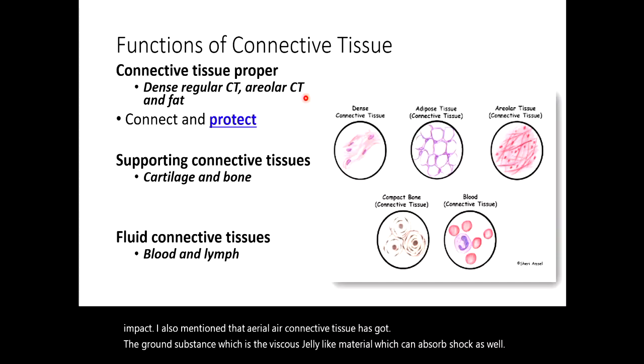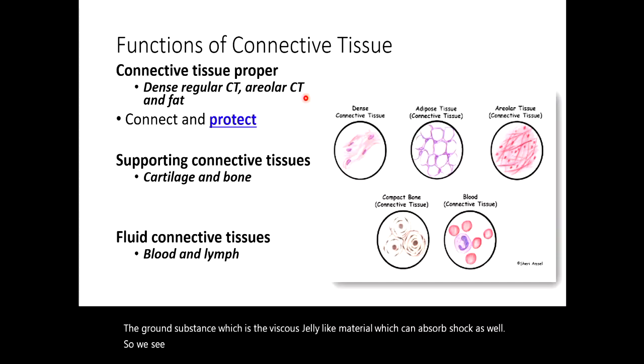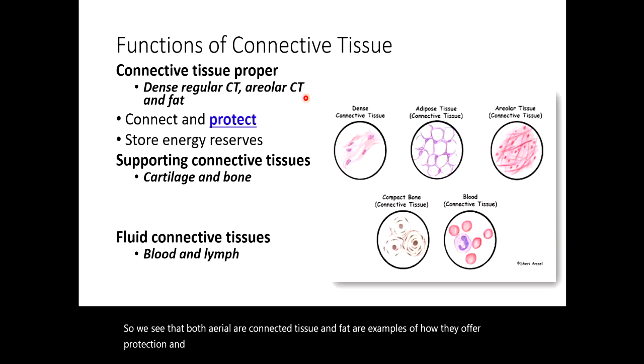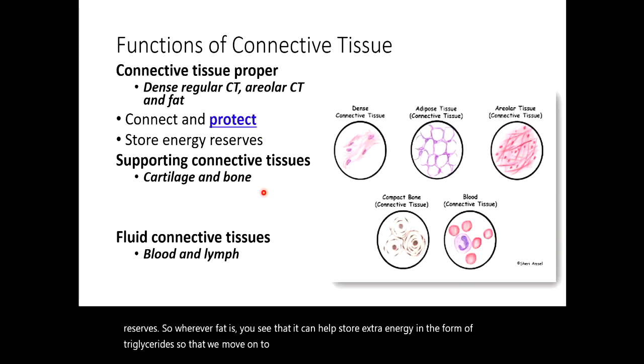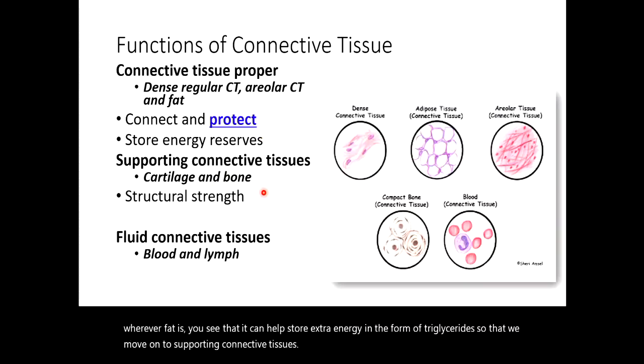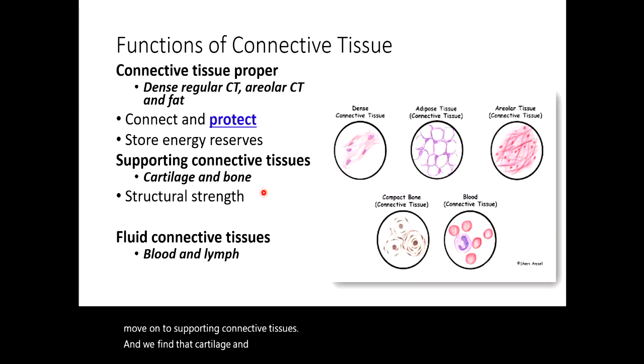So we see that both areolar connective tissue and fat are examples of how they offer protection. And finally, we see that the connective tissue proper can also help to store energy reserves. So wherever fat is, we see that it can help store extra energy in the form of triglycerides. So with that, we move on to supporting connective tissues, and we find that cartilage and bone will both offer